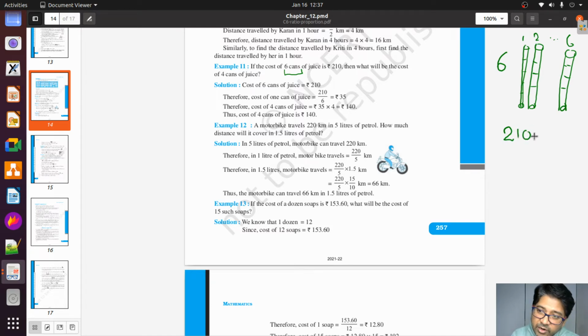So let's understand, इस क्वेश्चन को समझना है कैसे, कि सपोज डैडी गए और 6 केन खरीदे, 6 गन्ने के जूस के ये केन खरीद के लाए 210 रुपीज में। ओके, अब बहुत सारे दोस्त आ गए जॉयसी के घर में। सो जॉयसी बोली कि और 4 केन चाहिए। और 4 केन्स शुगर केन चाहिए।